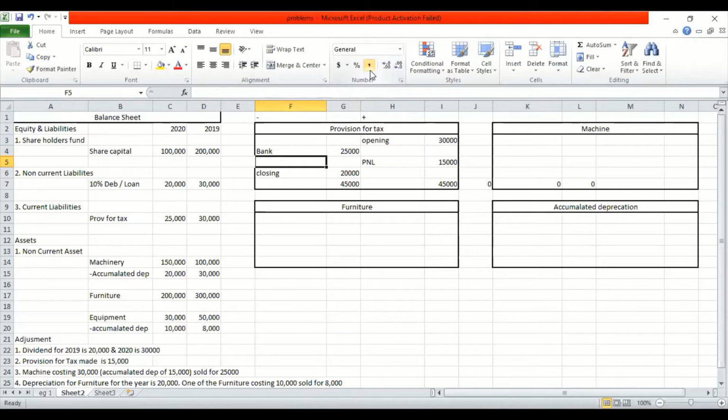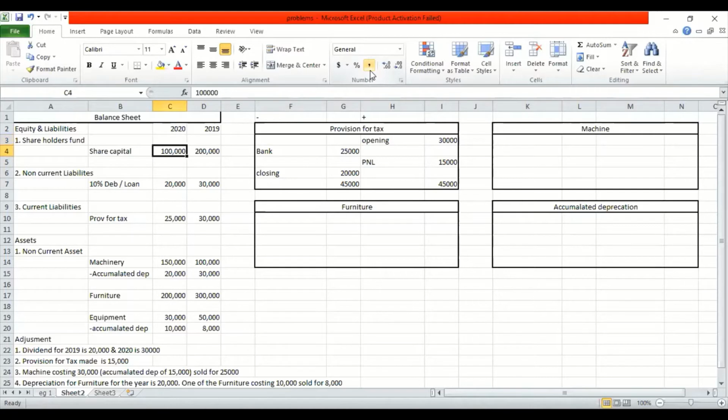Don't get mechanical when we do sums in this particular chapter. Let's look into the third adjustment. Again, one of the most important adjustments, and something which students do not understand, because last year in 11th when we were doing depreciation, most of the schools had excluded the accumulated depreciation part, and because of which this year it becomes a little tough for students to understand what that means.